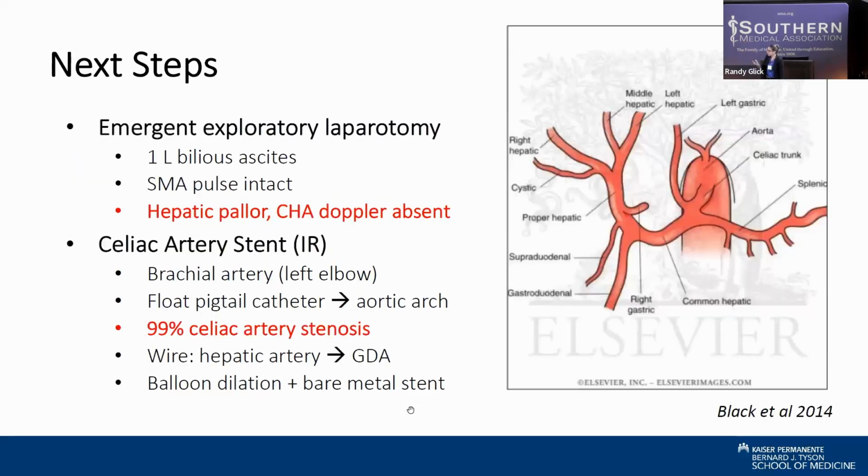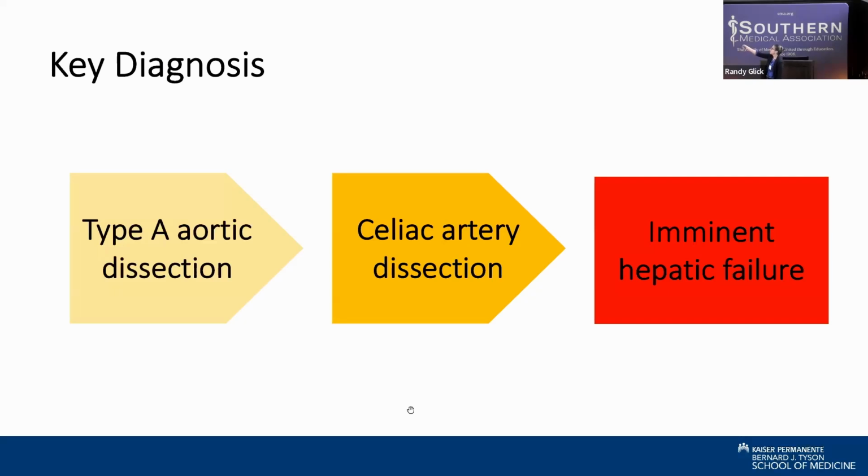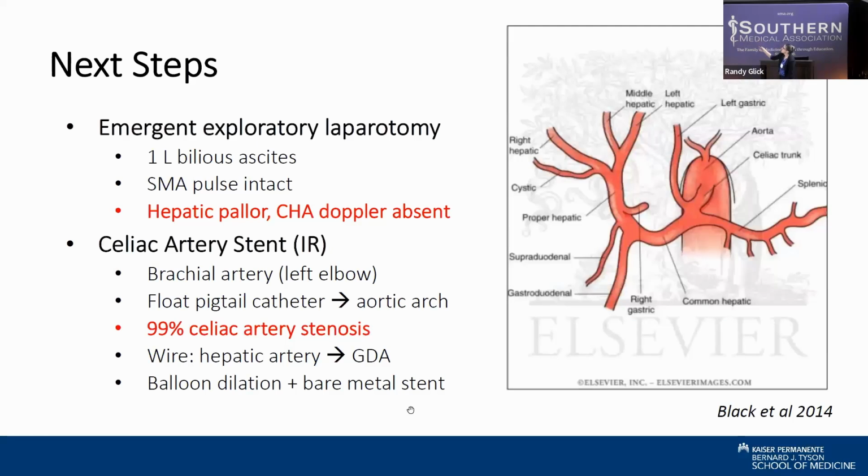Emergent bypass. So again, just a recap of where we are so far. Patient had a type A dissection, they had a celiac artery dissection. Now we're worried about imminent hepatic failure, high INR, high AST, lactic acidosis. We're also worried about